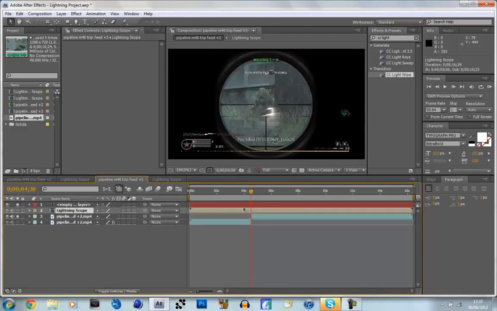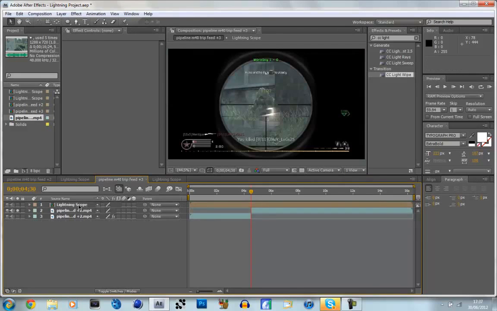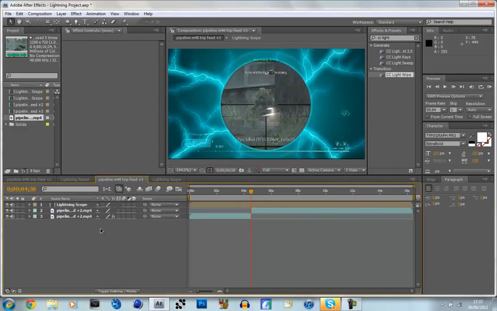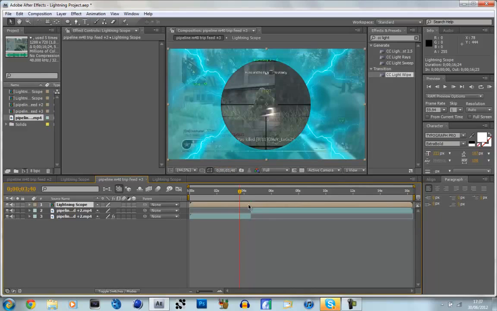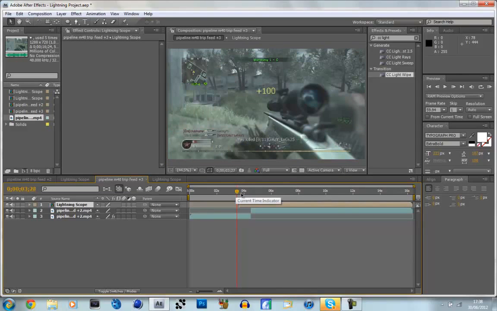I'll just delete this text layer, and we're going to unsolo it, and then we're going to hit Shift and then page up to go back 10 frames, and if we click this 4 times, actually make it 5 to go back 50 frames, and then we're just going to click Alt and then begin bracket again, so that will trim that layer. So now we've got our twisted clip here, and then we've got this scope, but at the moment it just